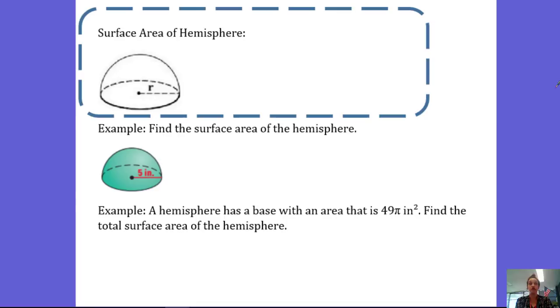If you think of a snow globe sort of thing, there's a bottom. It's not just hollow. It's not just a bowl or a bubble. There's a bottom, and that bottom is in the shape of a circle. So a hemisphere is half of a sphere